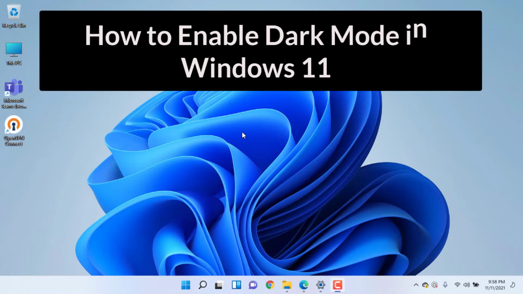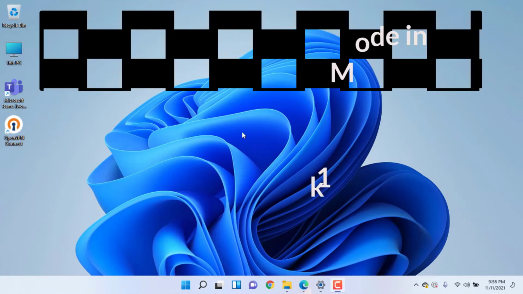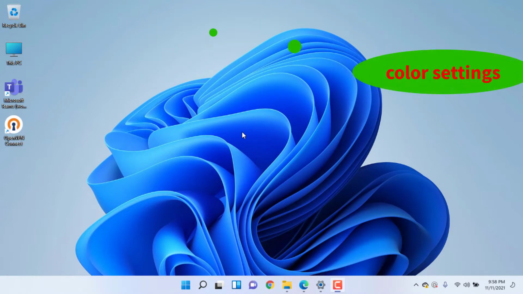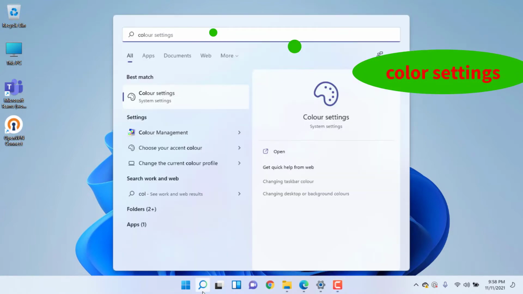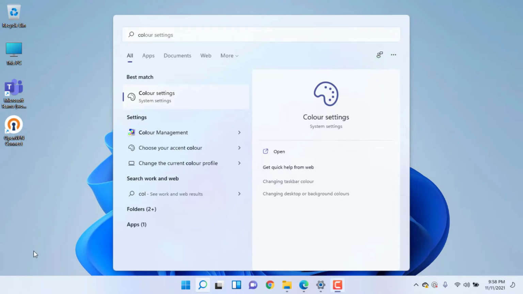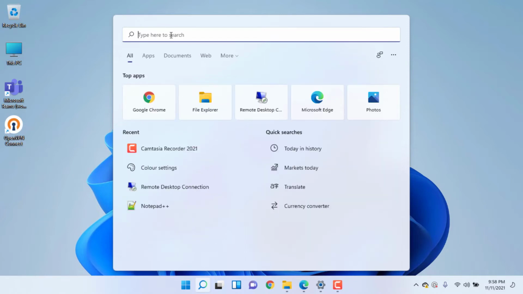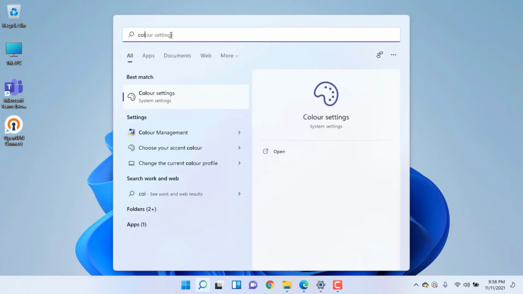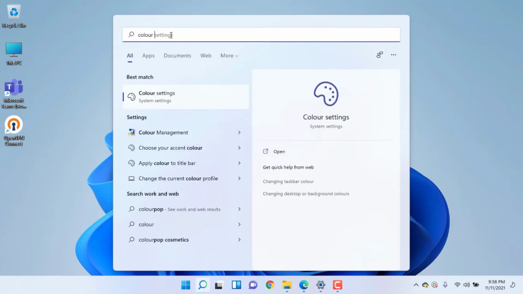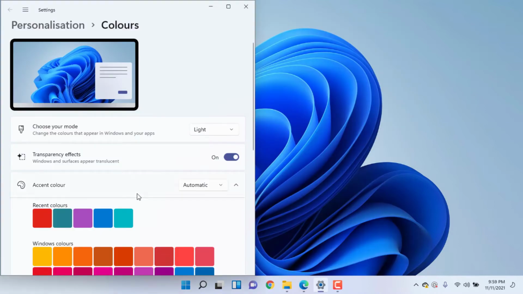Today I will show you how to enable dark mode with Windows 11. Let's start. Search the color setting from the Windows 11. Just type in the box in the color setting. There is the color setting. Here to find the color setting,